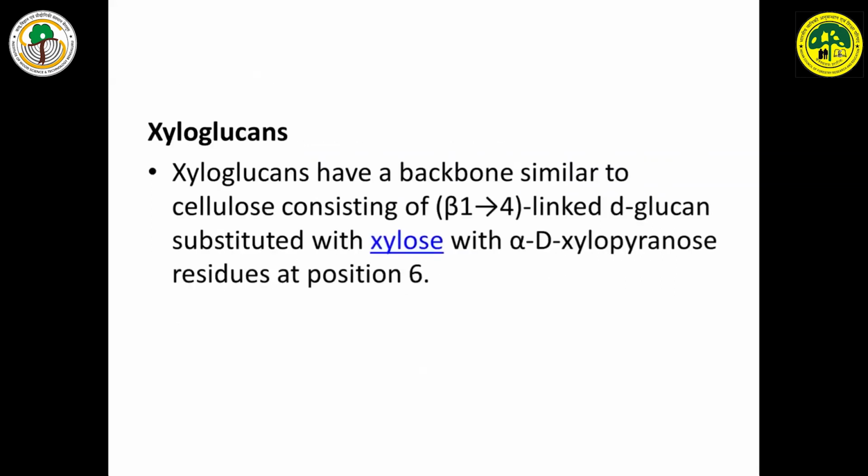Next one is the xyloglucans. Xyloglucans have a backbone similar to cellulose, consisting of beta 1,4 linked D-glucans substituted with alpha D-xylopyranose residues at position 6. So xyloglucans are another important part of hemicellulose. The backbone present in the xyloglucans is the D-glucans. That means D-glucose. D-glucose is substituted